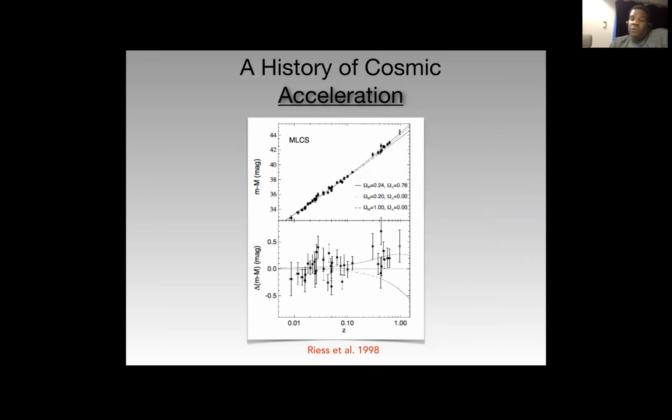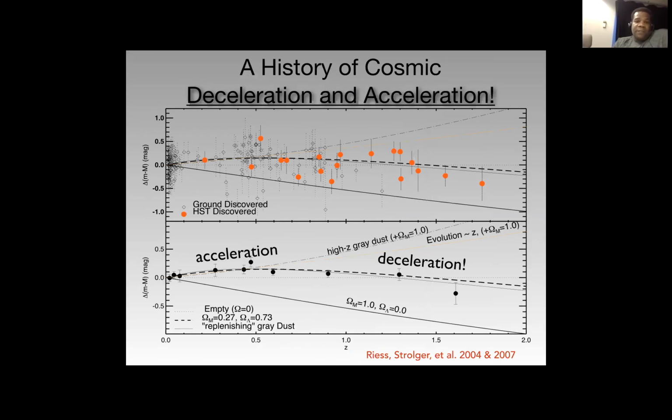Where I enter the picture is somewhere in my postdoctoral years. I started working on this project with Adam Riess, who received a Nobel Prize for this work, and we used the Hubble Space Telescope to push even further out to see what that history of acceleration really looks like. There was a solid prediction that the strength of dark energy is peculiarly weak, and that it shouldn't have been as strong in the past as it is now.